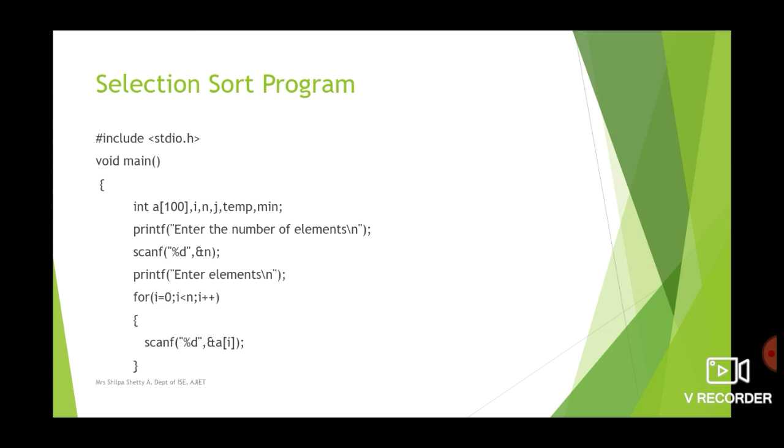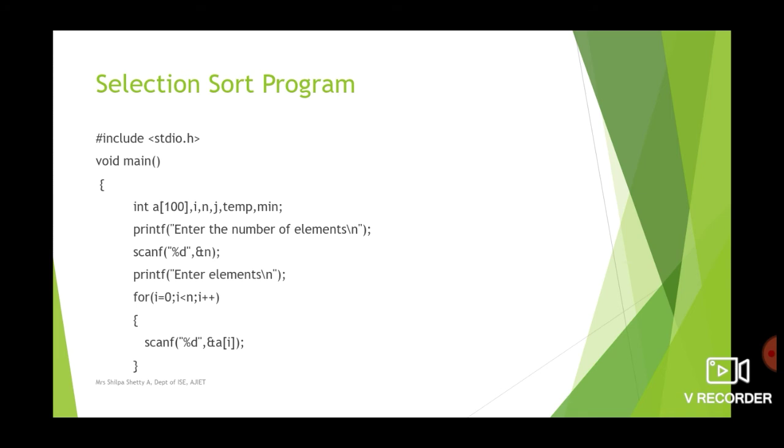So the first part in main is the declaration part. We have declared our array of size, basically we have taken 100 elements, that is the maximum possible elements we can have in that array. So a of 100, i and j are used for the for loop. They are loop variables. n indicates the actual size of the array whose value we are going to enter shortly, and temp indicates the temporary variable which has the same purpose as that of bubble sort. So basically temp is used when we perform swap operations. So we need a temporary variable there. So that is the use of this variable.